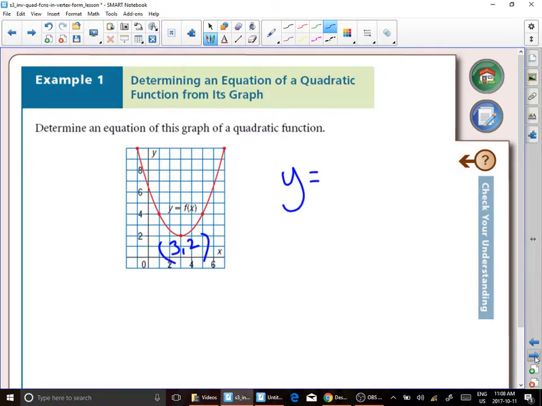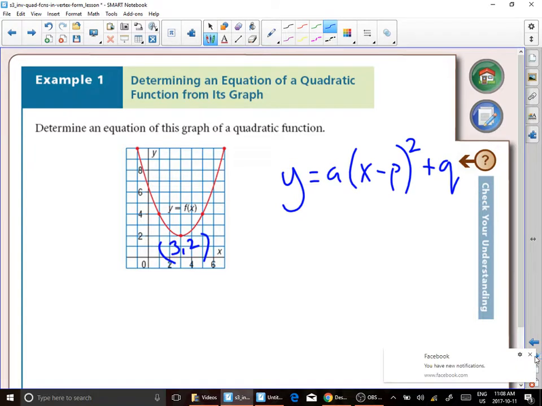So the equation is y equals A bracket x minus P squared plus Q. So the function is going to be y equals A(x minus 3) squared plus 2. And then all we have to do is figure out what A is. Okay? Now we could figure out A by using those differences that we talked about. Okay? So for example,